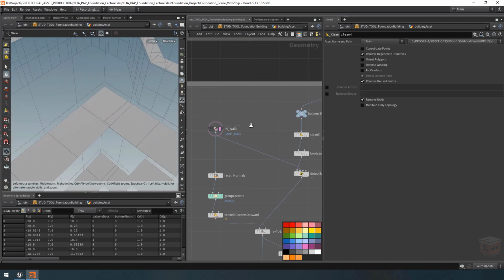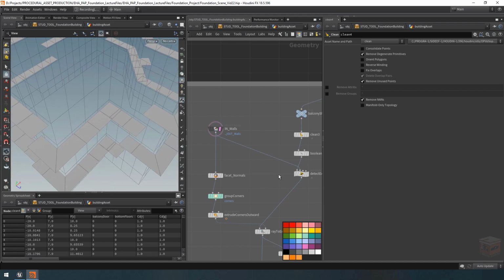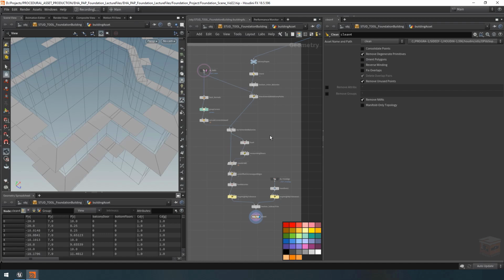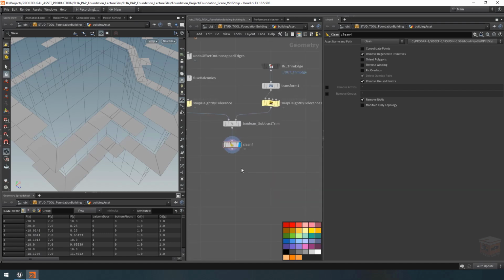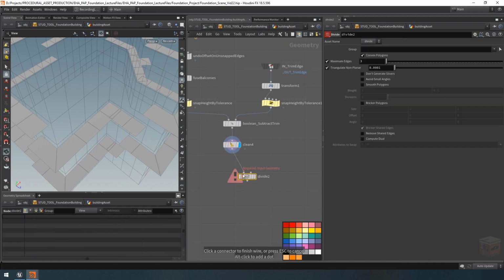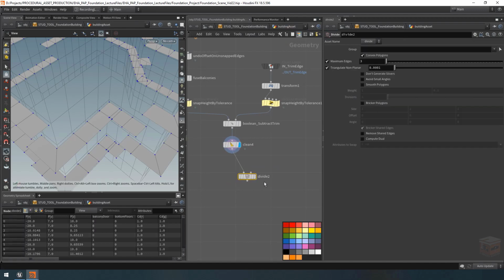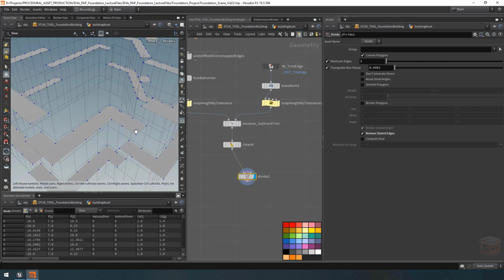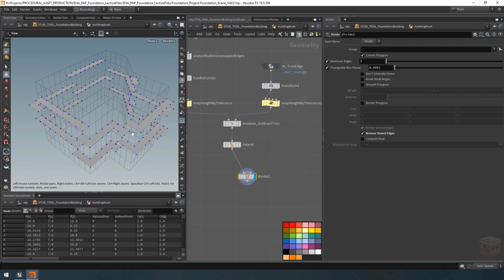Let's go ahead and clean up these internal edges as well, give it some better topology. Now to do this, we could use a divide node. The divide node has the ability to remove internal edges, only keeping the outside points, right? If I remove shared edges, it will clean it up. However, this will break the moment these meshes wrap around the entire building. If I grab my